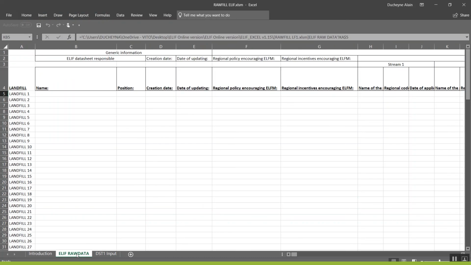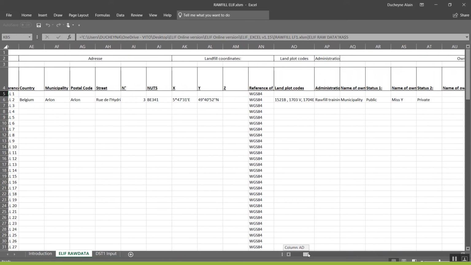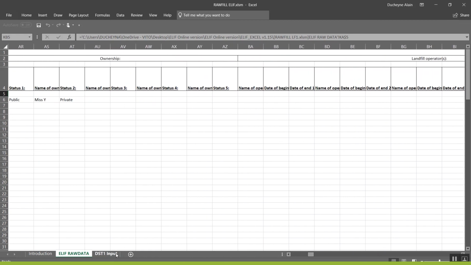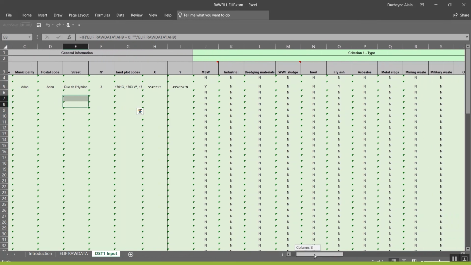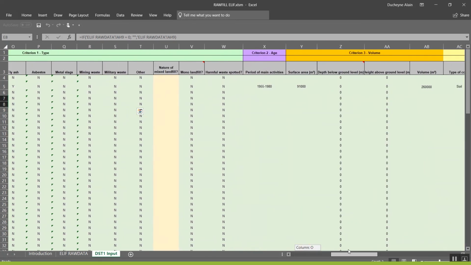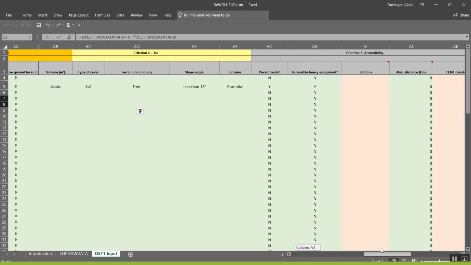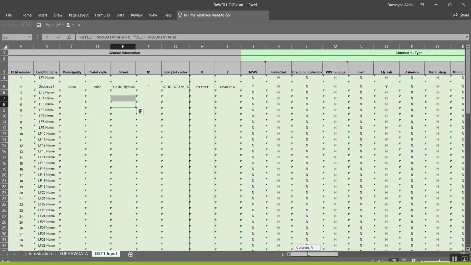They can be directly exported to a database, and it can contain up to 100 landfills. The second tab, DST1 Output, converts the ELIF data into a format compatible with the DST1 Sedalian. For more information about the DST1 Sedalian, please watch the next e-learning module.